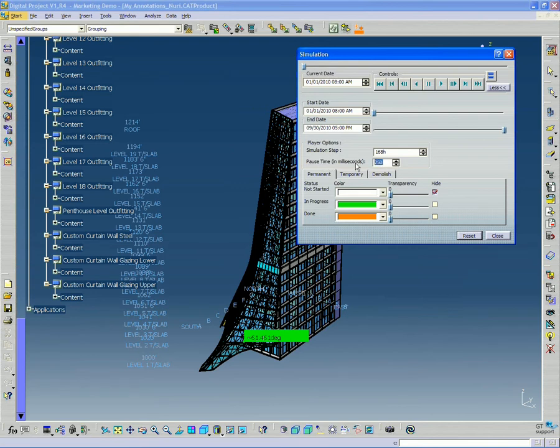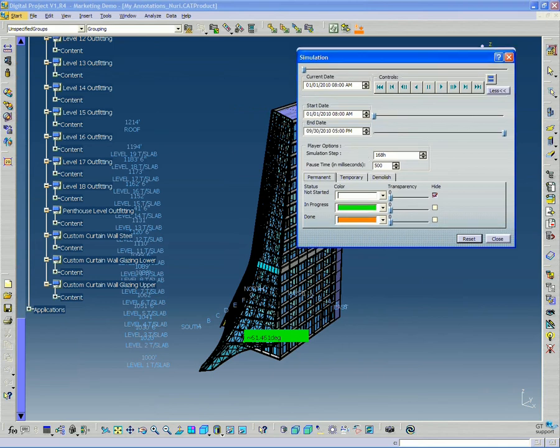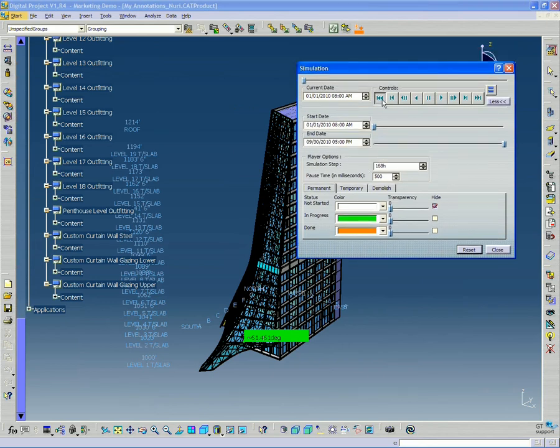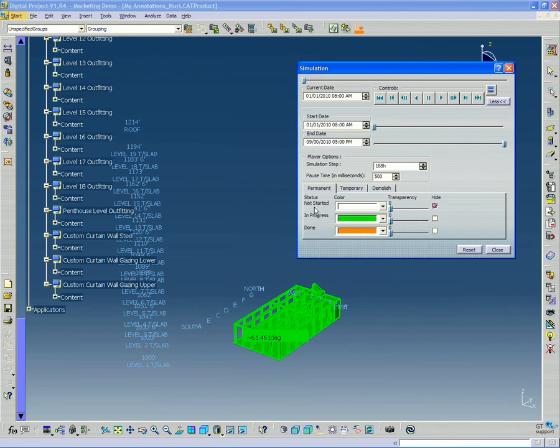This is how long each step pauses. If I wanted it to be half a second, then 500 milliseconds. And you'll see that the colors down here indicate green for in progress, orange for done. It has other tabs here. Now this model really just includes